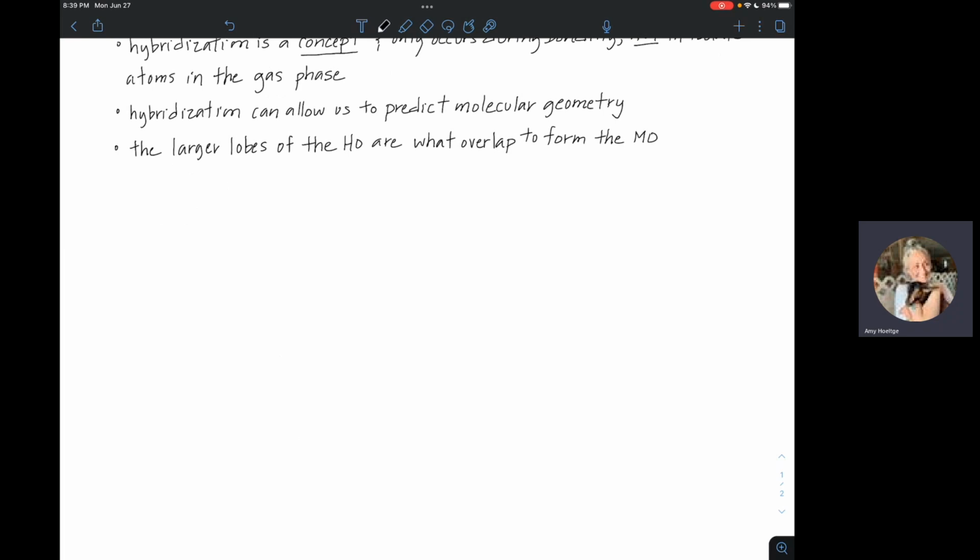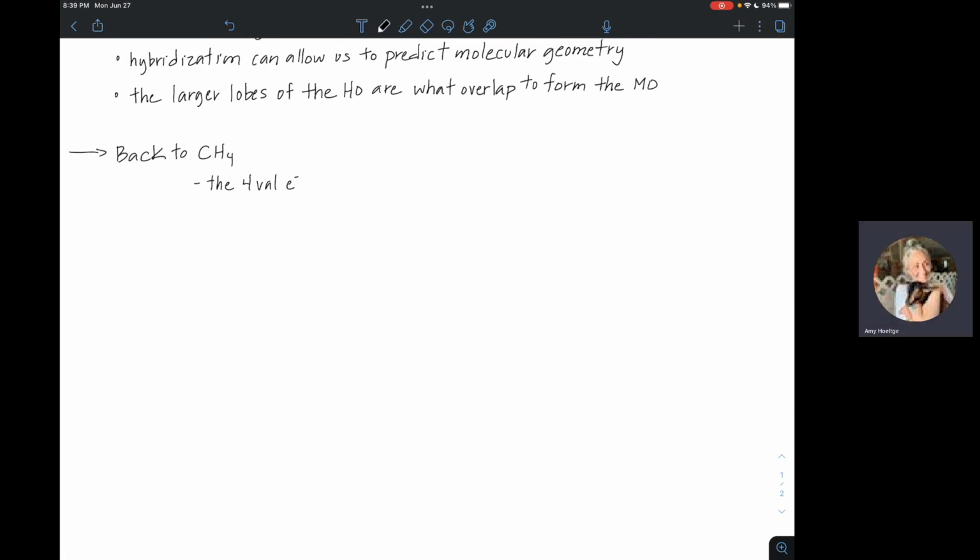When we were talking about Lewis theory, we discussed how to draw these different molecules. So I'm going to go back to methane. So CH4, right? We have extensive data to suggest that this particular molecule exists. What do we know about this? We know that the 4 valence electrons on carbon are going to occupy